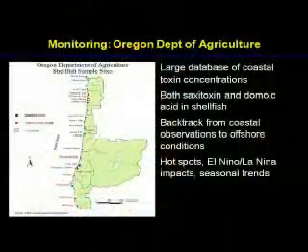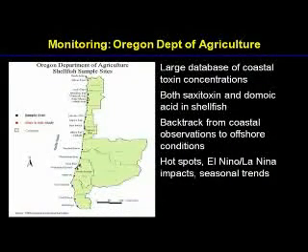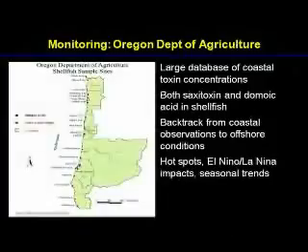We've been using some of the data collected at the coast. We've also been combining that with satellite data, and we're also trying to understand what are the ecological and environmental cues that might bring about toxin genesis. So this is a map of coastal Oregon showing the locations where the Oregon Department of Agriculture monitors for shellfish toxins. There are about 20 sites along the coast, and they've been monitoring for in excess of 20 years for at least one of those toxins.